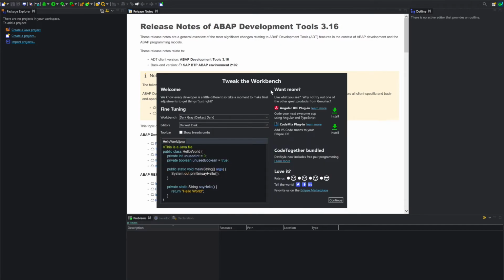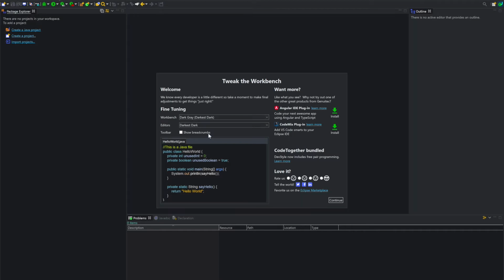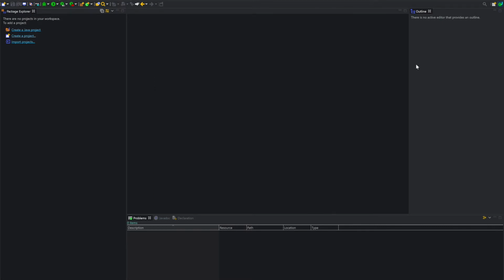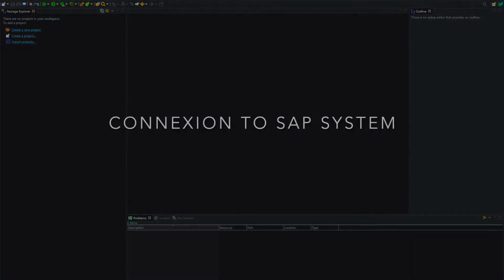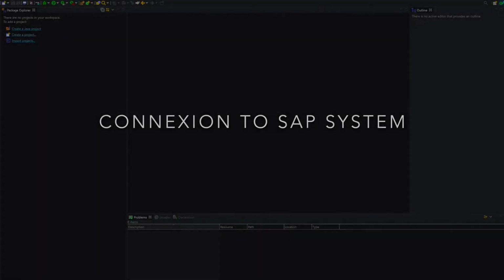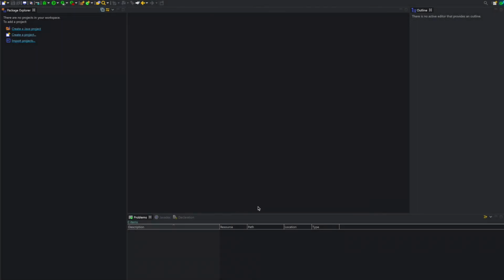The first time you start Eclipse, you have the release notes. And you have to choose also the editor. So I will keep the default one. And my Eclipse is installed.